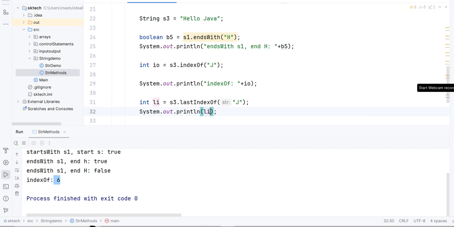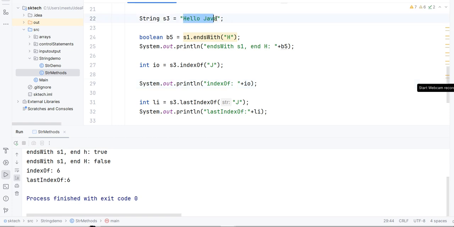And let's print this output also, so li, and let's concat with some statement like "last index of". Let's run this program and see the output. So what it is returning, basically it is returning the last occurrence in this particular string.